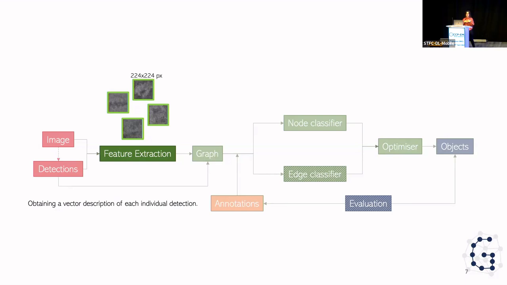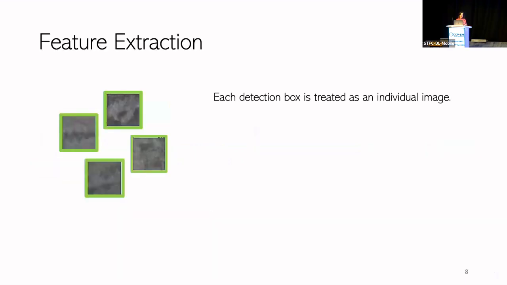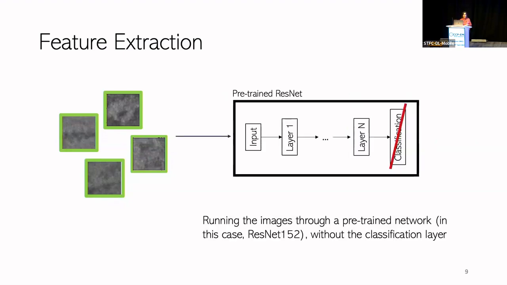So what we want is actually to get this extraction. The idea, as I said, is that each detection box is treated as an individual image, and then we put it through this neural network. We have a pre-trained neural network, off the shelf. We just use the ones available in the Python libraries, and we don't care about the classification. We just care about